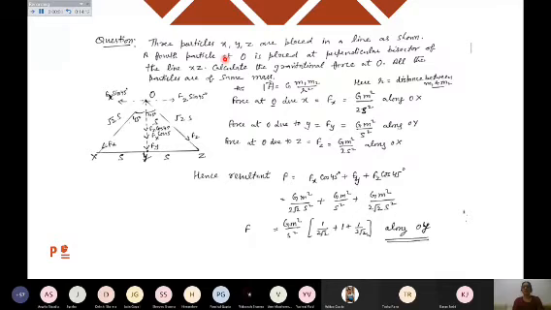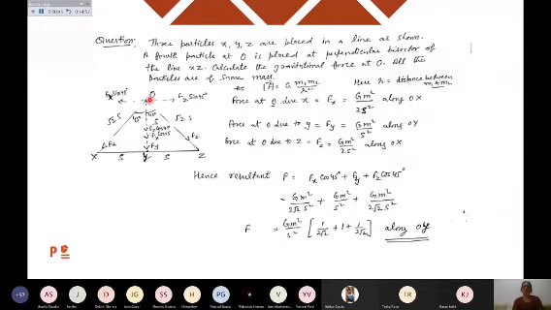Now this is the question with you. I'm reading the question. Three particles X, Y, Z are placed in a line as shown here. You can see in a line I have shown three particles X, Y and Z. A fourth particle is at point O, which is on the perpendicular bisector of the line XZ. It means I have to divide XZ into two equal parts, then only this point Y is coming, and this Y is on the perpendicular bisector of this line. Calculate the gravitational force at O.